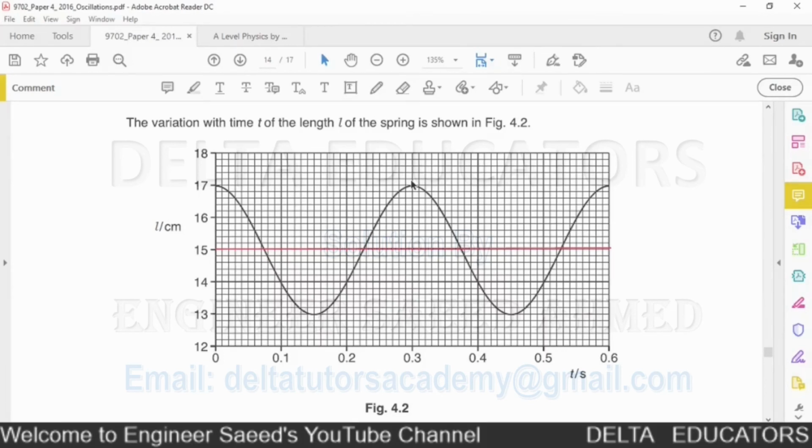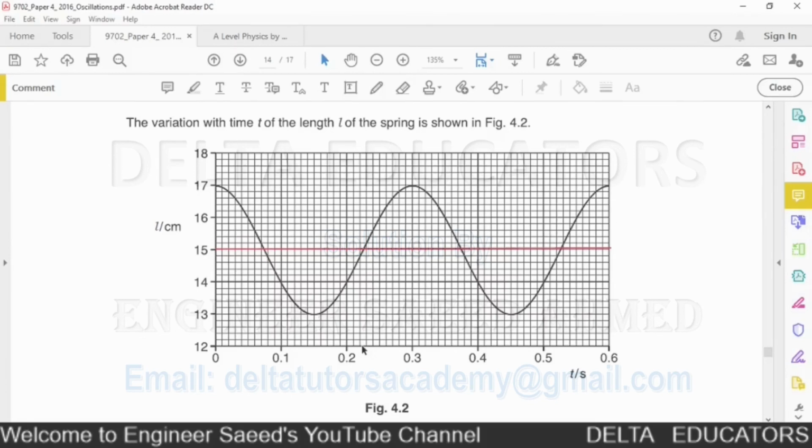When it is moving in the downward direction, at this stage, when it is at a length of 15 centimeter, its speed will be maximum. So its speed will be maximum at time approximately 0.225 seconds. Now second time,